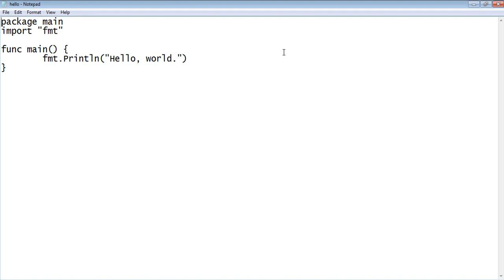In this first line, I'm just trying to highlight it here. It has two words, package, a white space, and main. Both of these are keywords. Package mentions what package you're going to load into this particular program, and main is going to be the main package, which is mandatory for any Go program. So that is the first line here. It's a must statement, a mandatory statement.